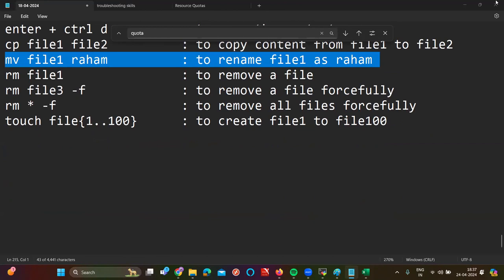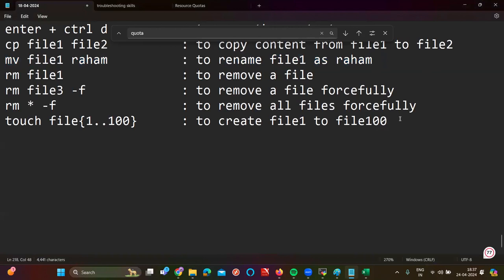Sir, if you want to delete a specific file, give rm hyphen f and the name of the file. For example, if you want to remove file number 50, rm file50 with hyphen f. Hope it is clear for you. Shubhangi sir, if you want to create different names of 200 files, you need to use the touch command only. You cannot create them like this. You need to run a separate command. You can create identical files like this, but if the files are not identical, you need to run a separate command for each.